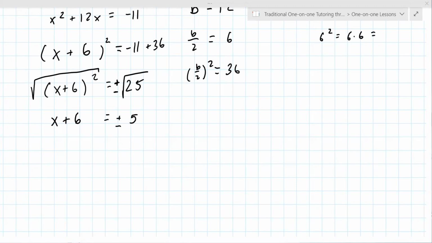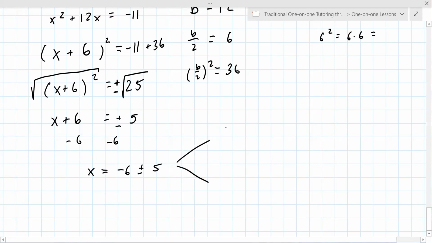So now for that, if you subtract 6 from both sides, x equals minus 6 plus or minus 5: minus 6 plus 5, minus 6 minus 5. Minus 6 plus 5 is negative 1. And for negative 6 minus 5, it's